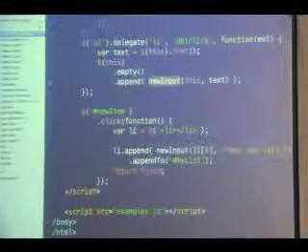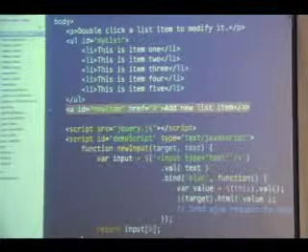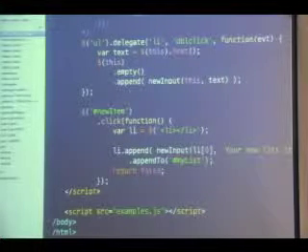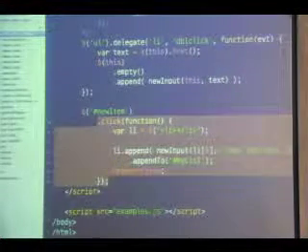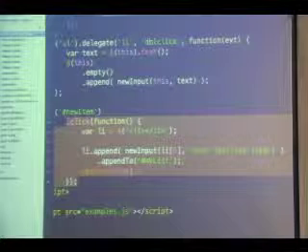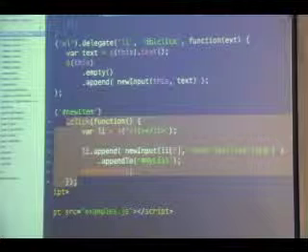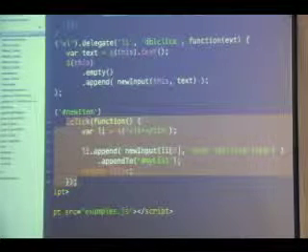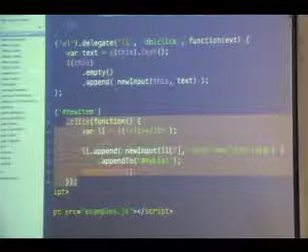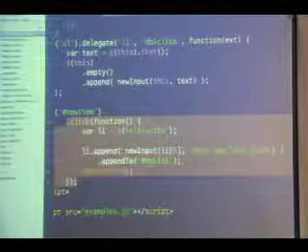Okay. So now, here's our anchor tag with an ID of new item for adding a new list item. So what we're going to do here is we're going to attach a click event, and I'm going to use the shortcut .click. I'm going to create a new list item ad hoc, passing in a HTML element to jQuery. So I now have an instantiated list item object, and I'm going to append to that list item my new input, and I'm going to set up the default value to be your new list item. And that all gets appended to my unordered list with the ID of my list. And you can see that right here.